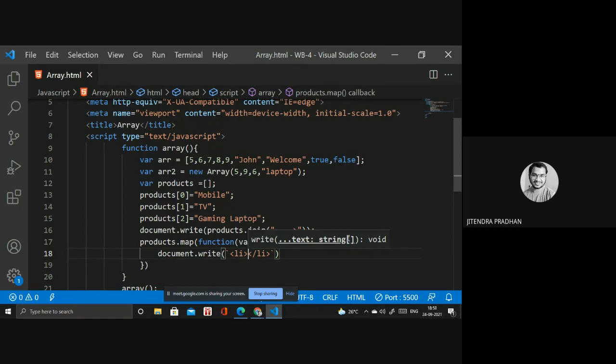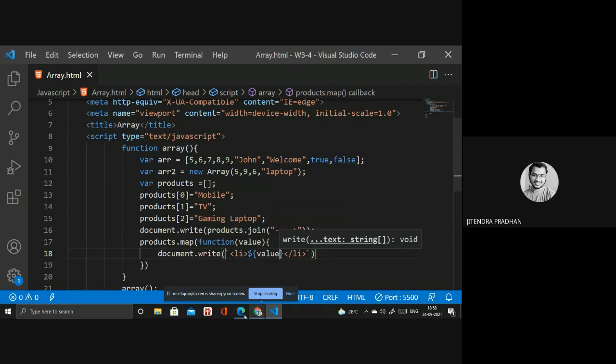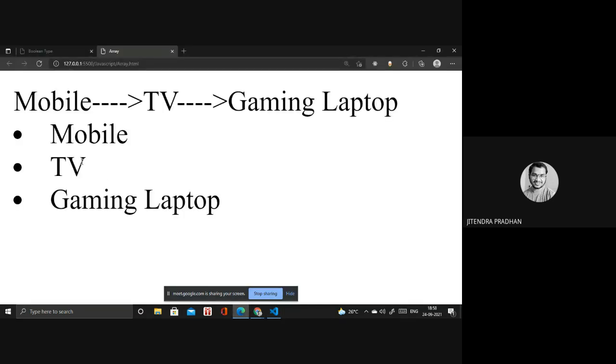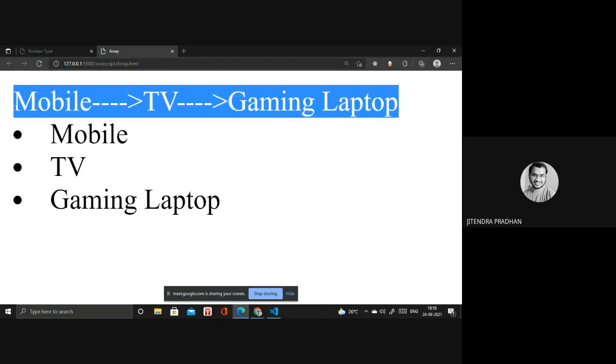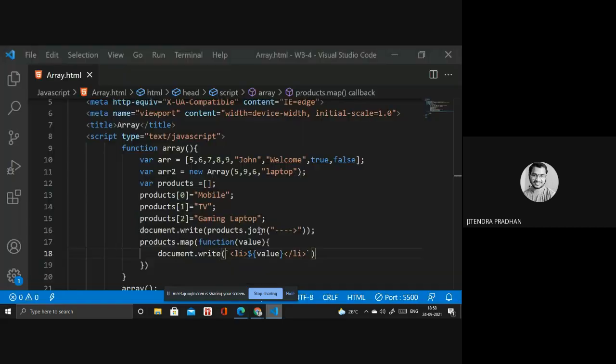So you have to write the value. Okay, you can see mobile, TV, gaming, laptop is there. This one is the first one we accessed by using join, and this one is by using the map function. So if you want to add something, the value inside will be captured automatically.